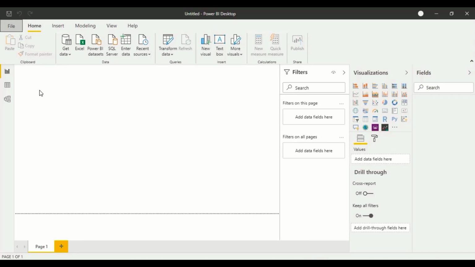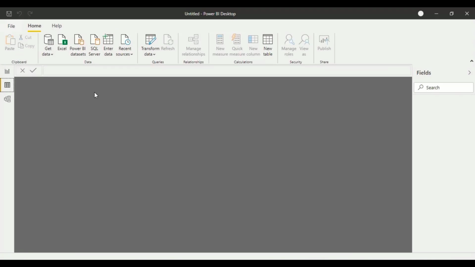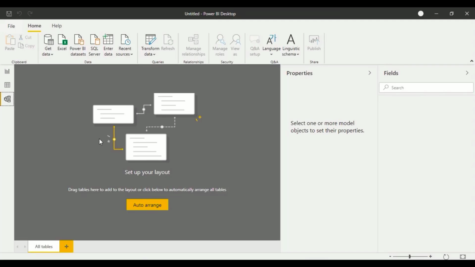Okay. So now you can see that there are three important icons on the left side of my Power BI Desktop. So this one is for reports. Reports are visuals or charts that you will create here. Now the second one is data. Whatever data you have connected, you will get complete information of that over here. Now the third one is models. Models is how we can create relationships between our data. So this is the area where we create relationships.